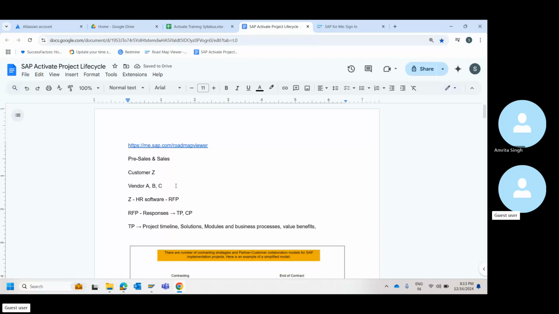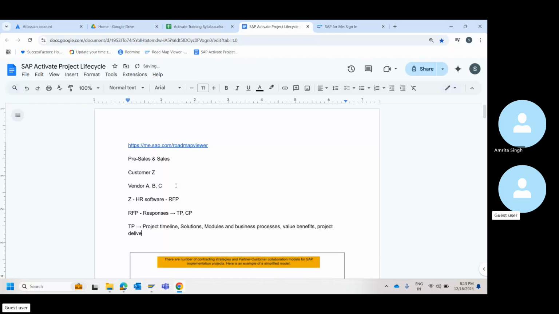Then we will also talk about project deliverables, governance model, communication model, then our org structure, how we operate in general for any project, then value add-ons that we can provide as a vendor to them. So this is purely related to implementation, how we can help them implement this software better. This is how it is going to be structured.